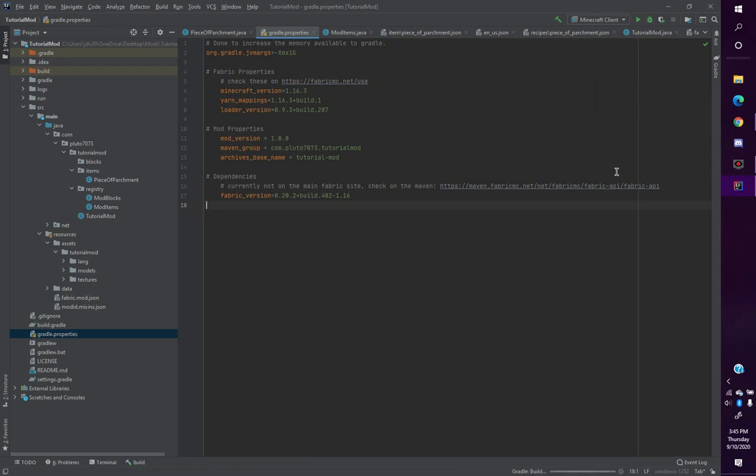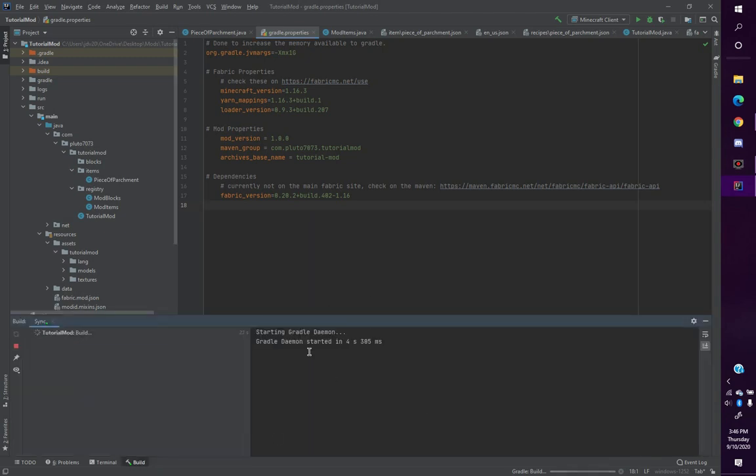It basically refreshes the Gradle changes, so now we can refresh this, and even though 1.16.3 was just bug fixes, if you want your mod to be in the latest version, you still do need to do this, because it will not work with 1.16.3 if it's made for 1.16.2. So you will see this little bar down here. If you want to see what's going on, you can open this up, and all it's doing is just refreshing all of the Gradle projects. So now you just have to wait for this to finish, and then you will be good,